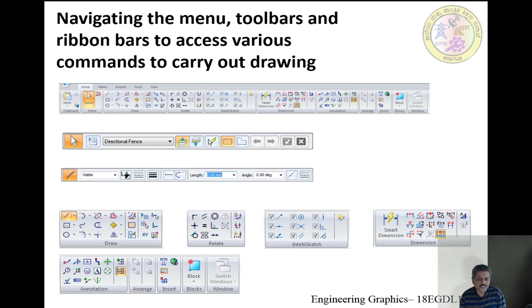Of course, when you see a blank page, don't assume that it's a blank page and nothing else is there. Behind the scenes, there is a mathematical coordinate system, like a rectangular coordinate system or a polar coordinate system, which will be active in the software when you start drawing. Most likely it assumes the polar system, because length and angle indicate polar coordinates. And of course, you can put a point anywhere. That assumes the rectangular coordinate system in absolute, which can also be termed the absolute coordinate system.